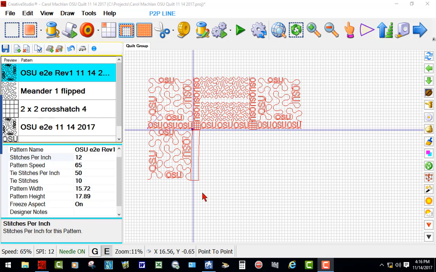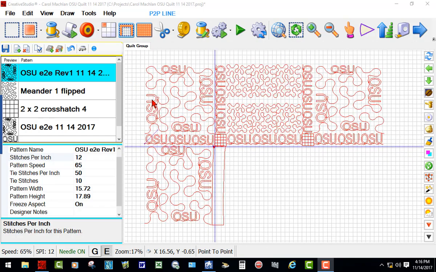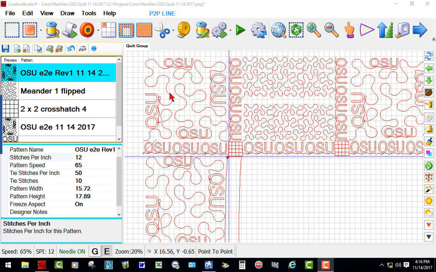I'm working on a project. This is an Oklahoma State University quilt for someone. This is a pattern that I made up, putting OSU in here. Then I made up another little P2P pattern so that I could, this is a sash, and a sash here,